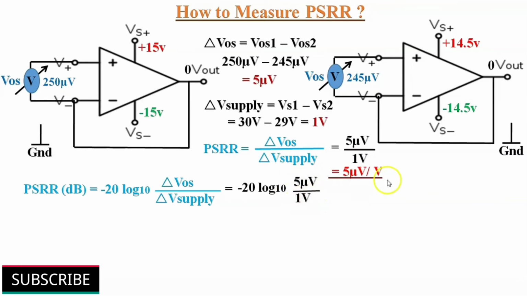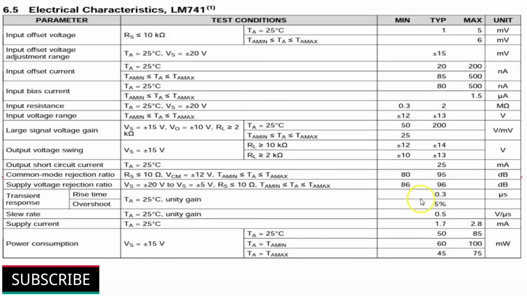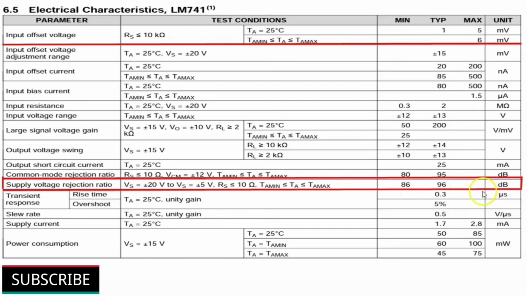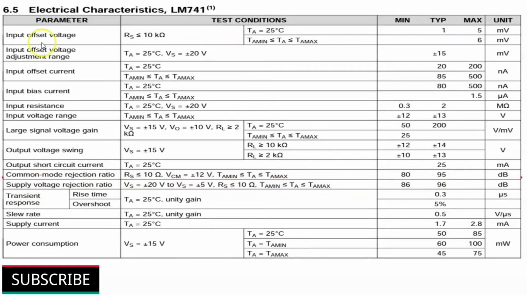That comes 106 dB of power supply rejection ratio in this case. The data sheets of operational amplifiers provide power supply rejection ratio or supply voltage rejection ratio values in dB. Here the data sheet of the general purpose operational amplifier LM741 is showing supply voltage rejection ratio and input offset voltage